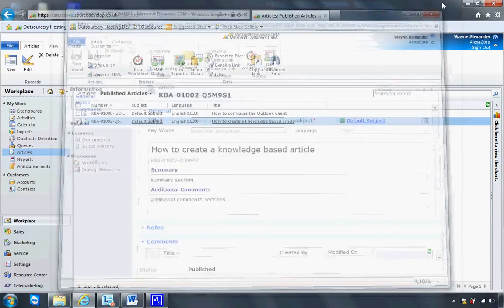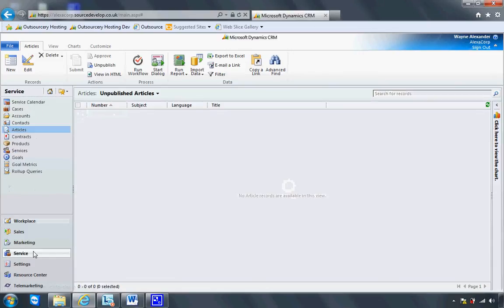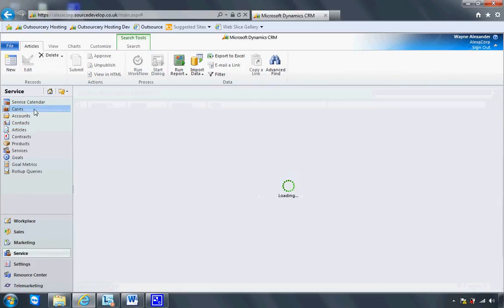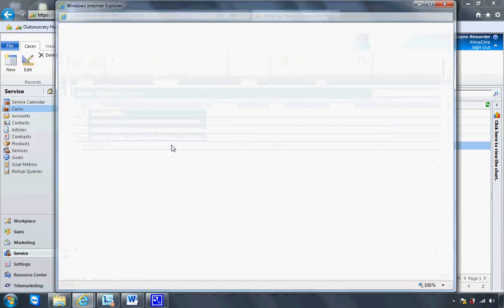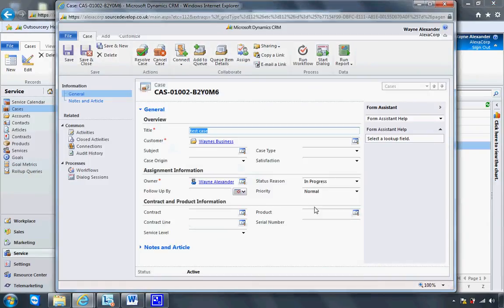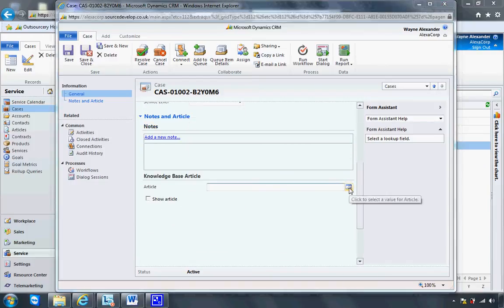Okay, so we've created our article. Articles can be used for cases, and they can also be used, and I've done a video on this, to import an article into an Outlook email. But I'm just going to show you exactly how it works with cases. So all I'm going to do is just jump over to services, jump to cases. Let's pretend that this test case needs that article that we just created. So I'm just going to expand notes and articles, and I'm going to click on a lookup to add an